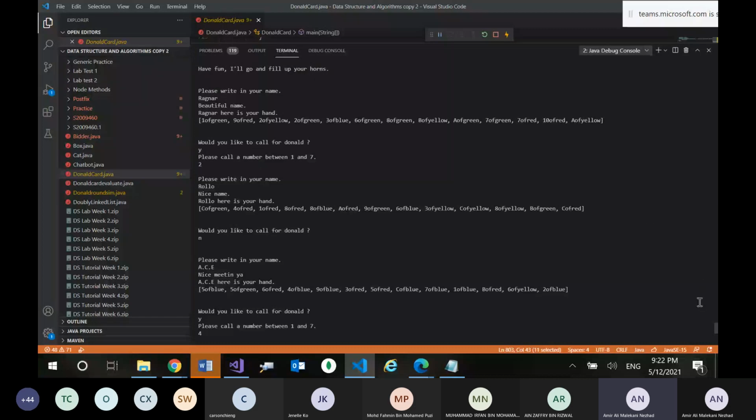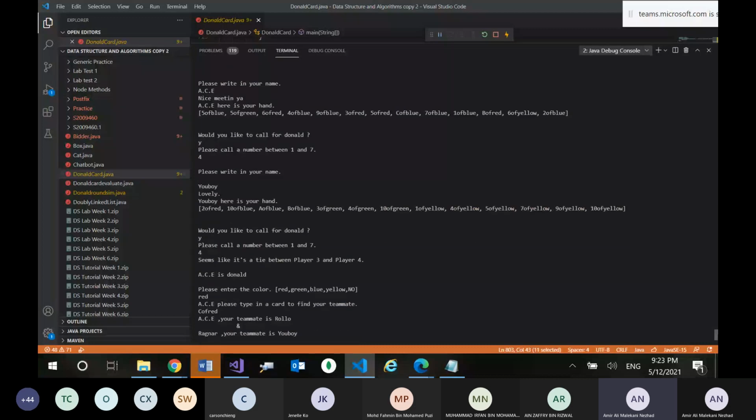Then other people put their names. Same process. They get their hand and are asked, do you want to get and call for Donald? Yes or no? Then enter the bidding number, etc. And finally, after all 4 players have entered their name and given the bidding number, the program is going to